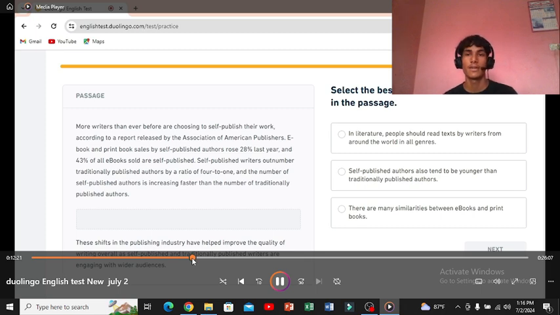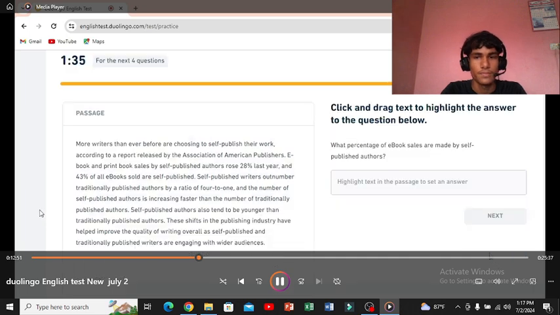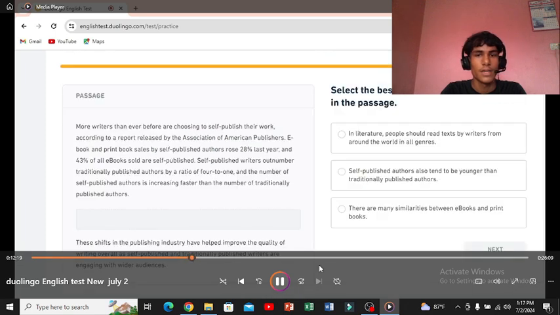The next question is: select the best sentence to fill in the blank in the passage. After completing those 6 questions, we have to try all these questions. To complete this section, at first we have to read this whole passage and find out which option is best for this incomplete line, or blank. Okay,